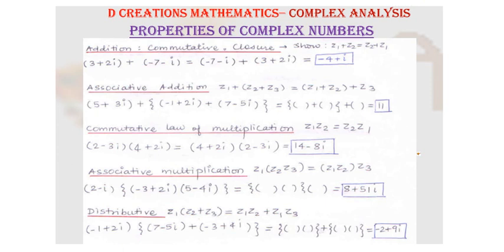Even if you do individual multiplication, that means even if you multiply first minus 1 plus 2i and 7 minus 5i, get the result of the product. Also multiply minus 1 plus 2i with z3, that is minus 3 plus 4i, get the product. And if you add it, even then the answer will be same, minus 2 plus 9i. Again, I will suggest that you pause the video, do the calculations yourself and verify it.